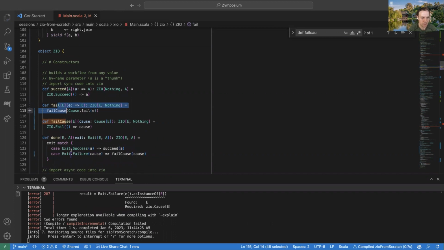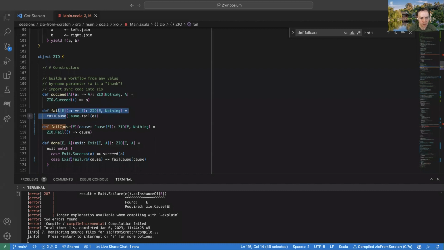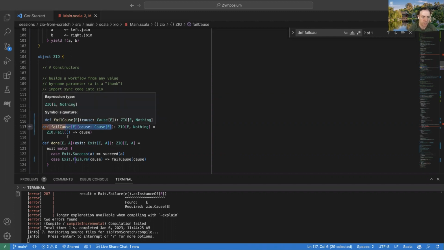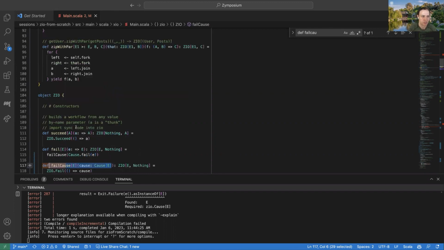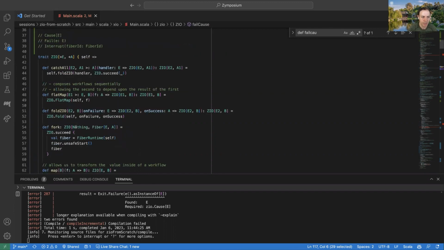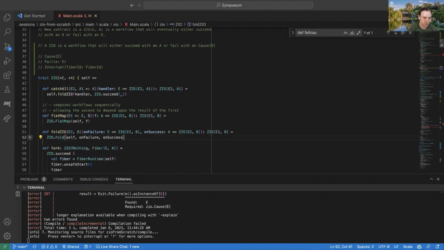And then the other thing we're going to need is, just like we needed a way to introduce errors and a way to recover from errors, we now need a way to introduce these more complex causes, which we have here. And we also need a way to handle those full causes of failure. The most powerful operator for that in ZIO itself is called foldCauseZIO.